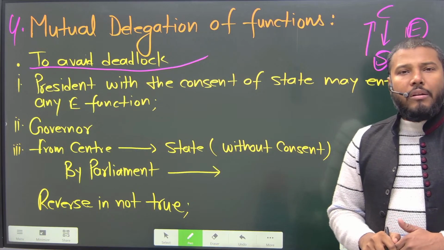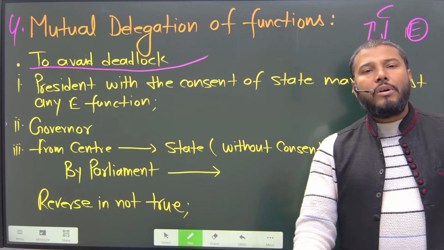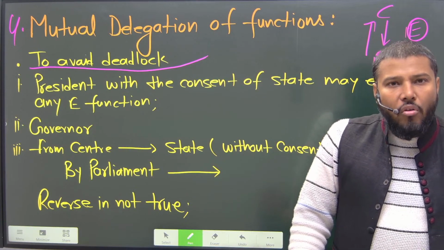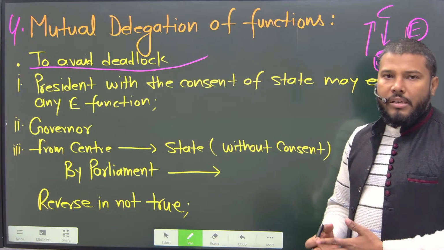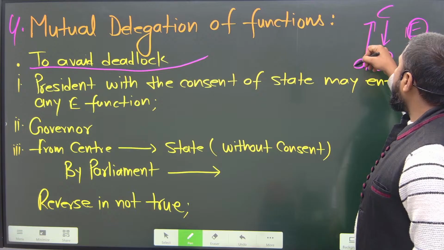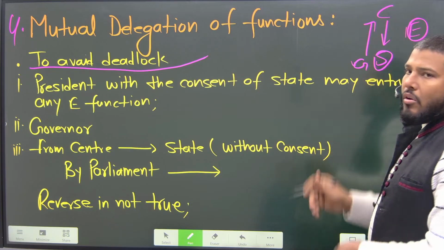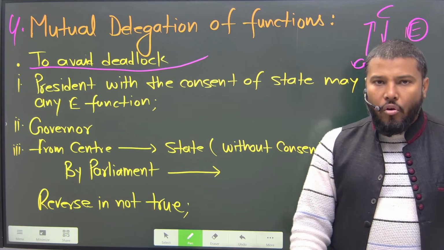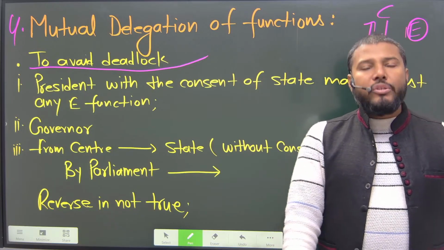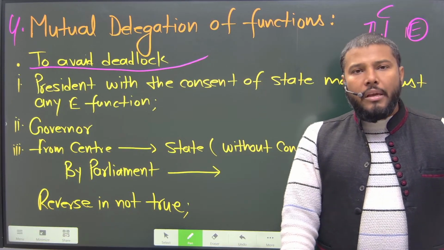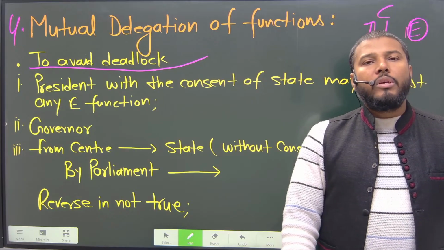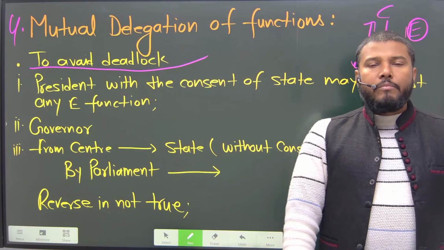Whenever the governor or the state government feels that this executive job needs to be properly performed by the central government, in such a situation the governor of the state shall delegate that particular work to the central government with the consent of the central government. The central government's consent will be sought, and the governor shall appeal to the central government, asking whether they can do this work for us. If the central government agrees to discharge that particular duty,